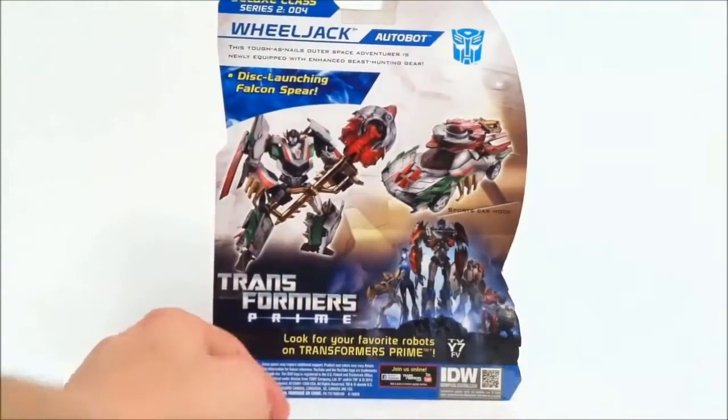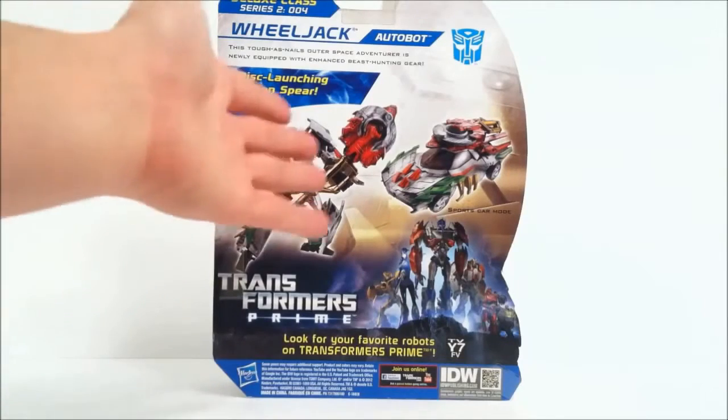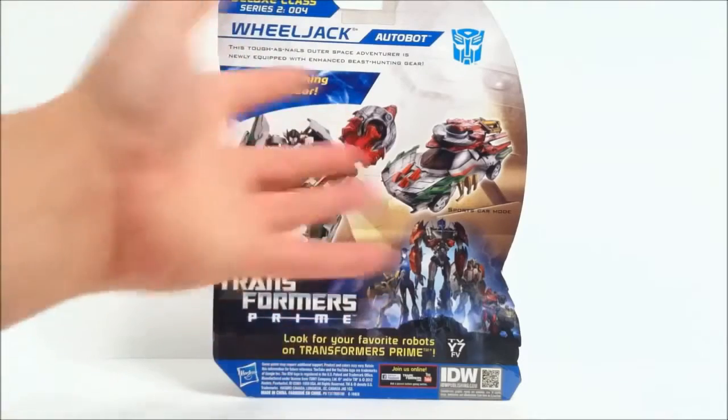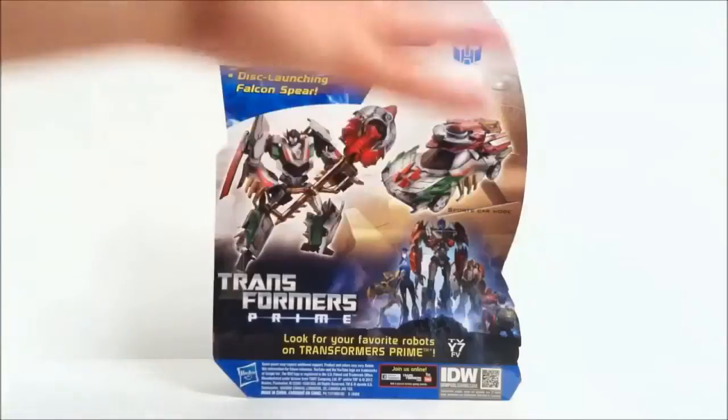Flip over the back here. It says Wheeljack, and again, a really small bio on him, which reads, this tough-as-nails outer space adventurer is newly equipped with enhanced beast hunting gear. And the reason why they're calling this weapon the Falcon Spear, I guess, is because they're just trying to implement some kind of animal to it, since this is the Beast Hunter series and we have the Predacons